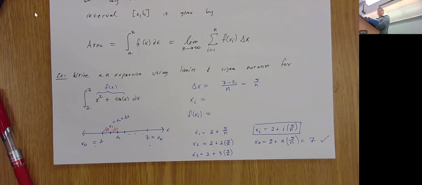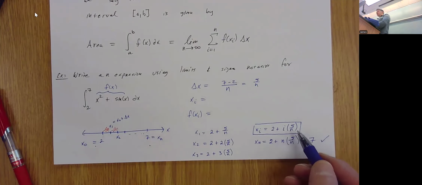The first subinterval, the right endpoint is 2 plus 1 times 5 over n. The second subinterval, the right endpoint is 2 plus 2 times 5 over n. The ith interval, the right endpoint is 2 plus i times 5 over n. Great. And then the annoying part, you take that and you jam it into the function that you've identified in